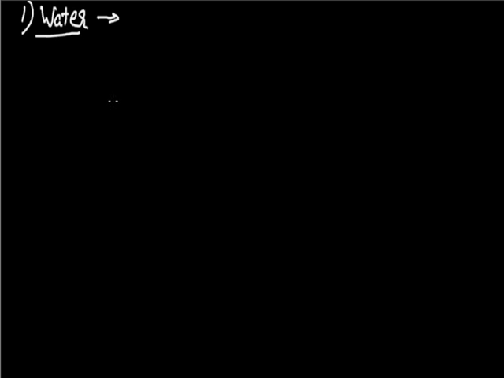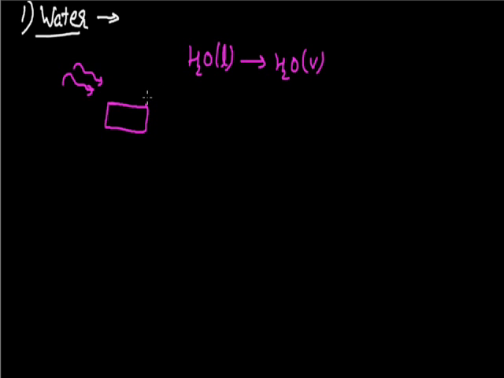As we spray water on any combustible material, then due to the heat produced by the combustion process, this water, which is in liquid state, is converted into water vapor. For this process, it takes heat from the combustible material or from the environment. As we know, water has a very high specific heat, so it absorbs a lot of heat from the combustible material, and if by absorbing this heat the temperature of the combustible material falls below its ignition temperature, then the fire can be put off by using water.